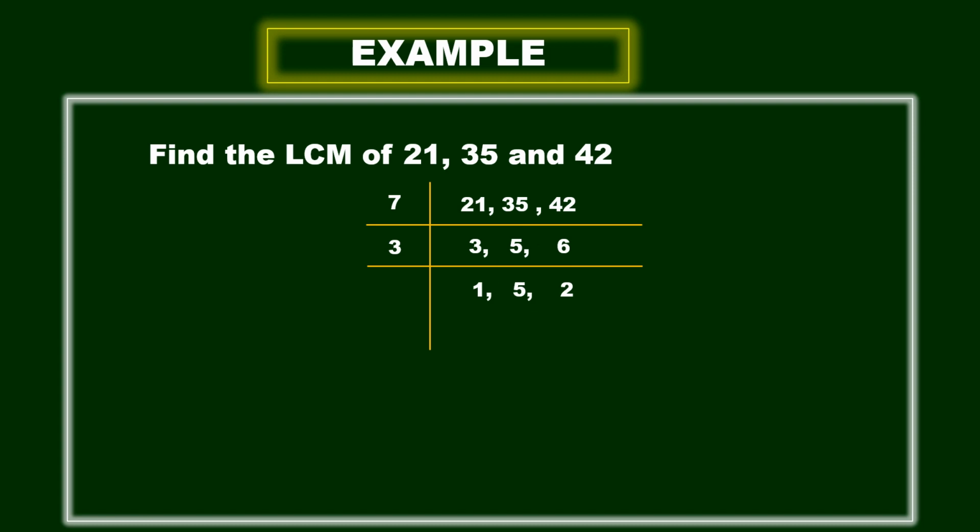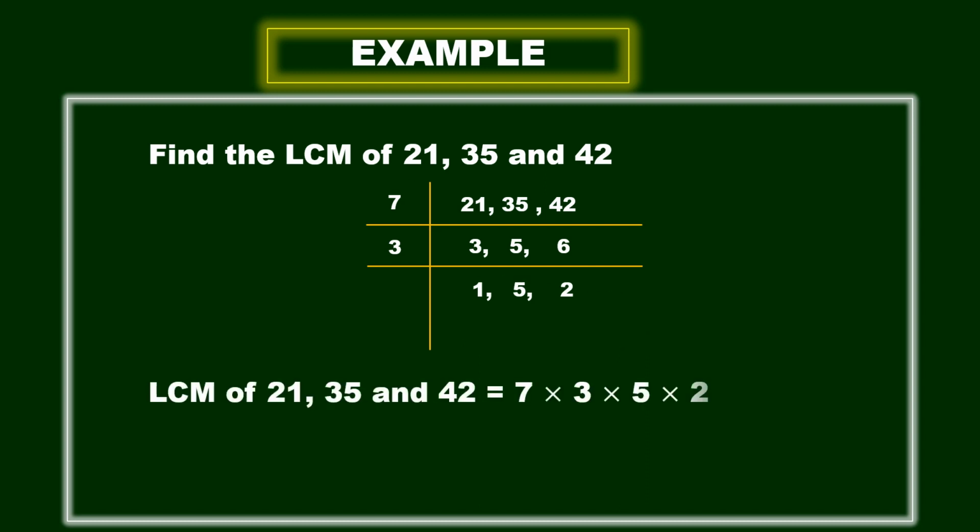Okay. So here if you observe, 2 and 5 are not having any common factor other than 1. It goes only in one table. These two go only in one table. So I can stop my process here and I should multiply all these numbers. That's it. Okay. So let me multiply 7 into 3 into 5 into 2. No need to take 1 because 1 into anything will give you the same answer. So if you multiply 7 3 is 21, 21 into 10, 5 2 is 10, no? So 21 into 10 is 210.